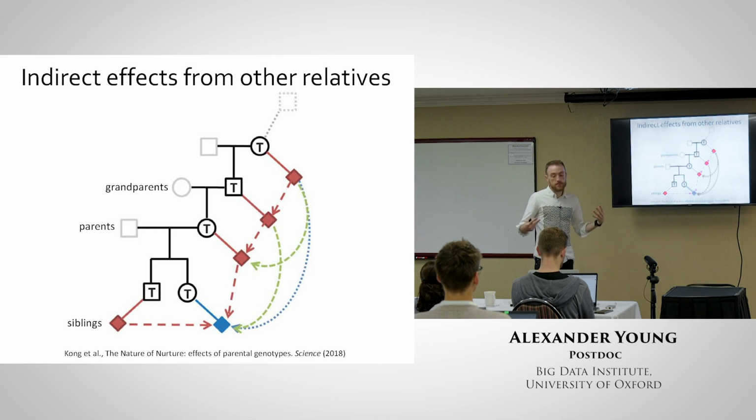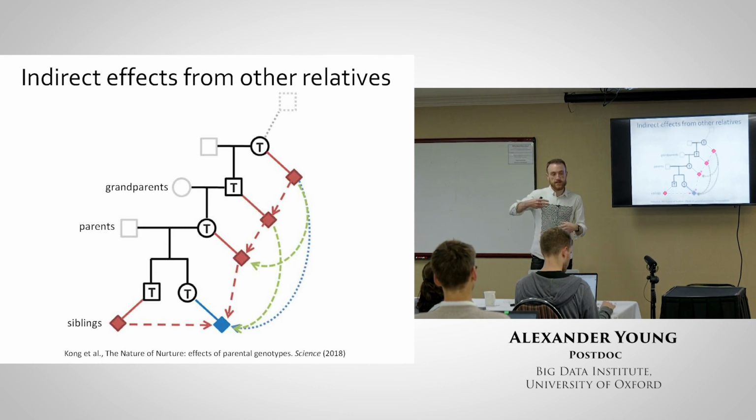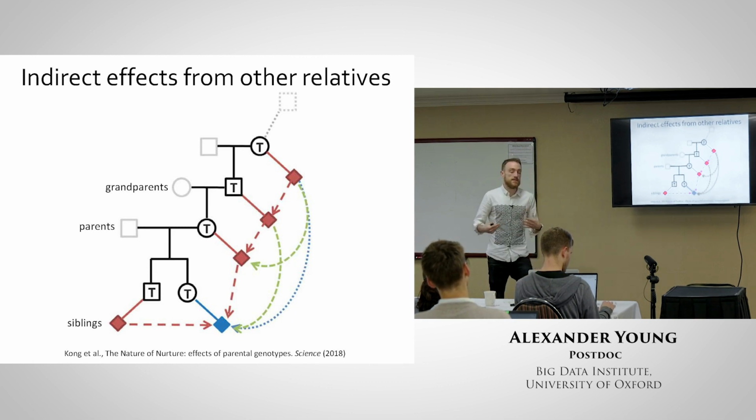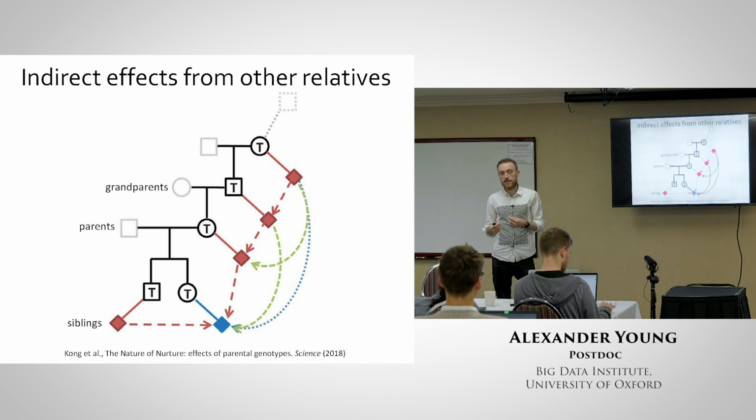And beyond parents, grandparents can clearly have a direct effect, but actually a more interesting pathway is that your grandparents influence your parents and your parents influence you. So in some sense, these indirect effects can accumulate over generations. And if you go back enough generations, then it can be more like a classical population stratification effect than a nuclear family type indirect effect. And in some sense, population stratification, indirect effects from close relatives, is a very fine-grained form of population stratification. So they can be the same phenomenon, but at different scales.